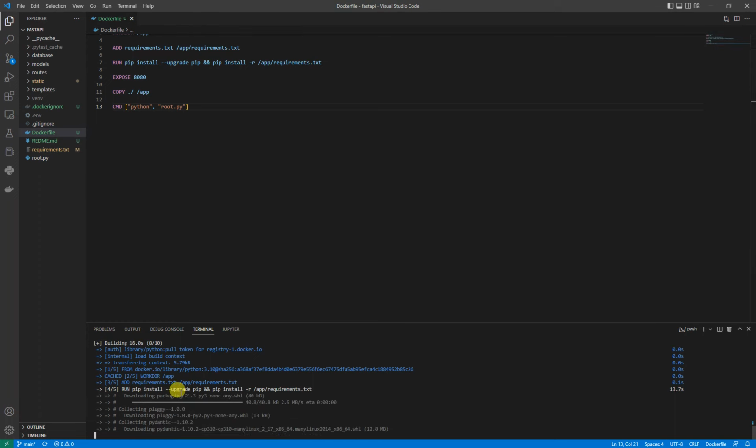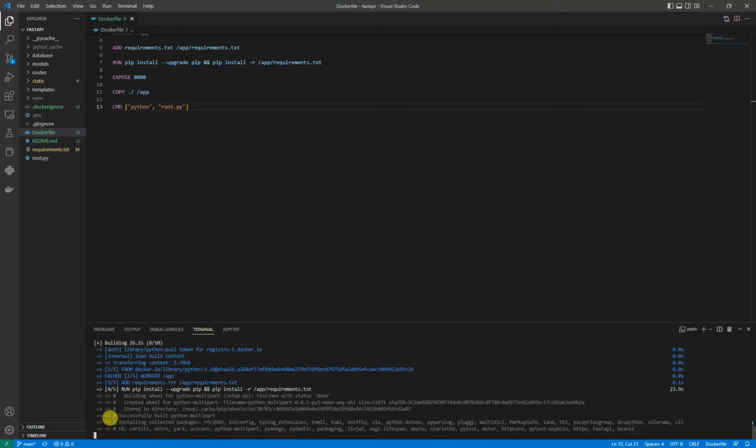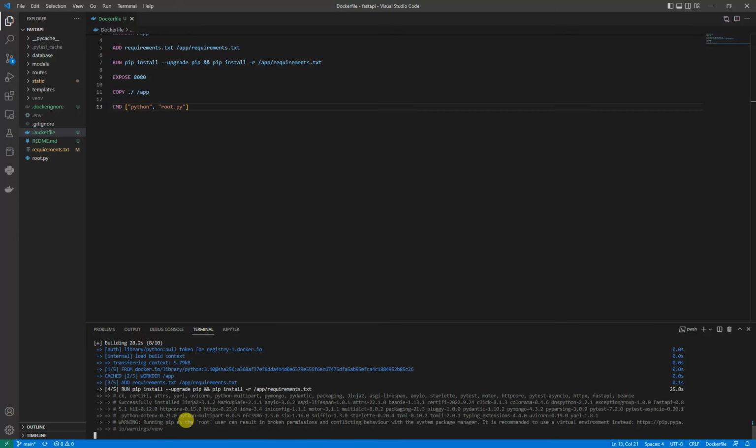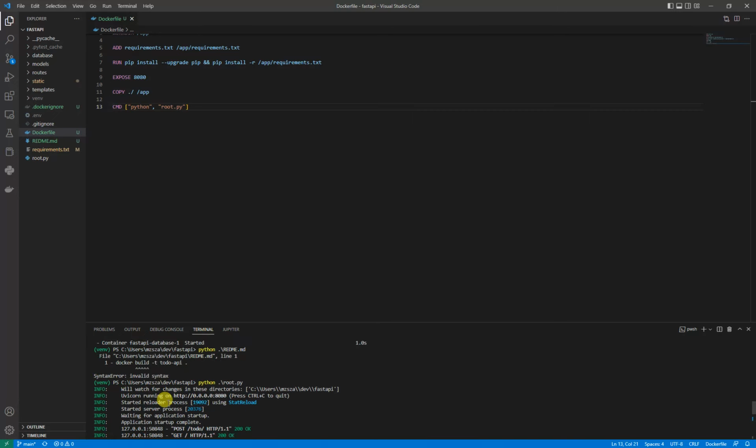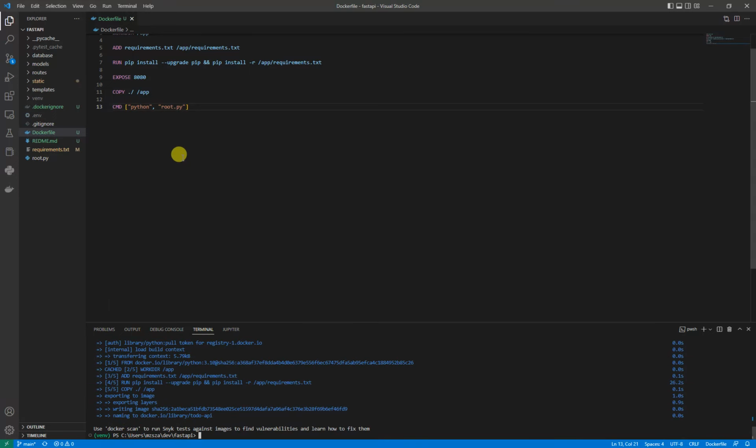As you can see, we are starting to install the dependencies for our project. It looks good, and everything worked correctly. Okay, the second step: now that we have successfully built our application image, let's pull